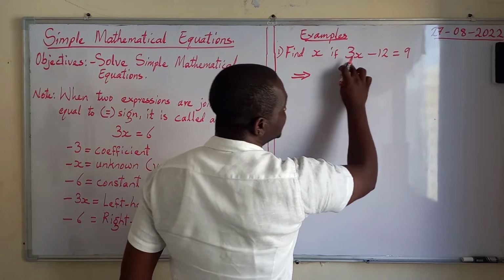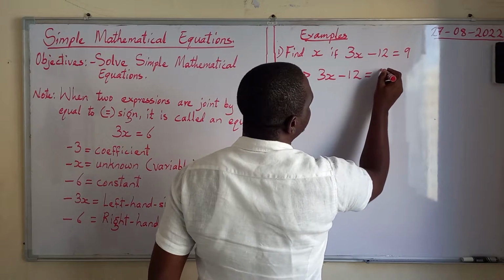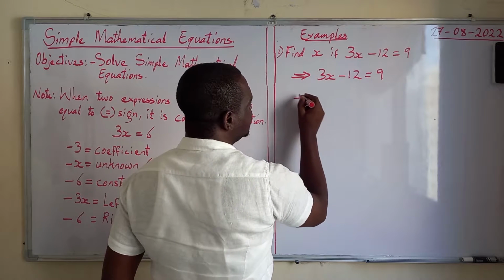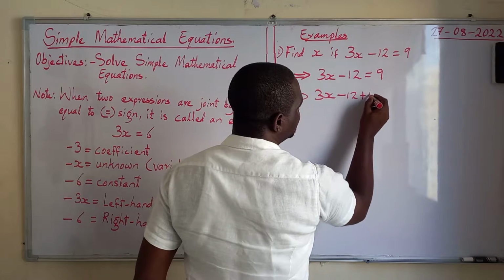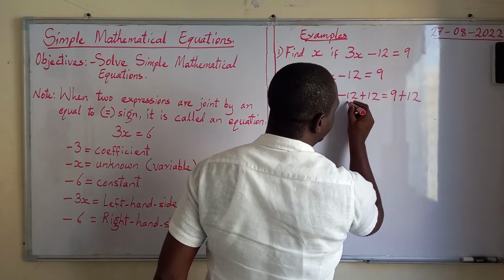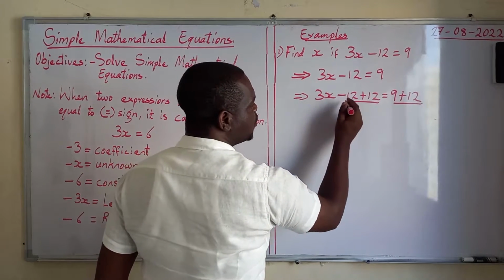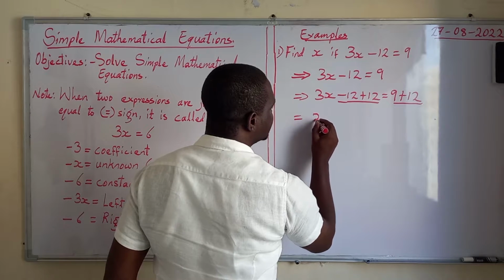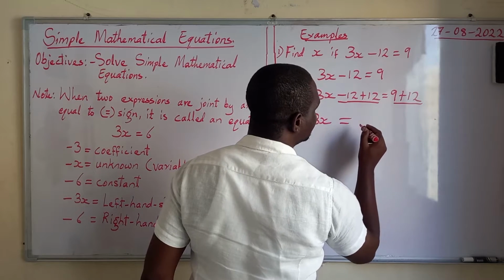To eliminate 12, you restate this first. Let's say 3x minus 12 is equal to 9. To eliminate 12, since they are subtracting, we have to add. This implies that 3x minus 12 plus 12 is equal to 9 plus 12. Since we have added 12 here, you equally add 12 to the right-hand side. And this 12 will go away. You will be left on the left-hand side only with 3x. 3x will be equal to 9 plus 12, which is equal to